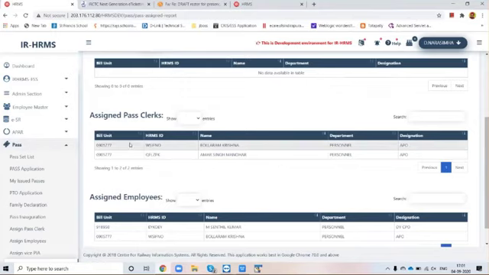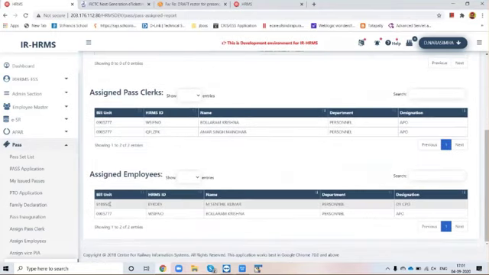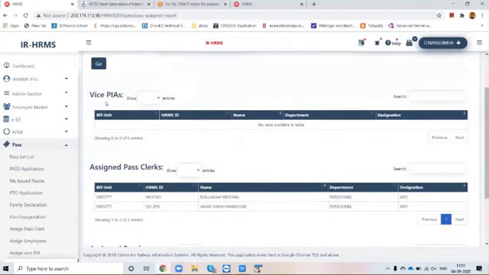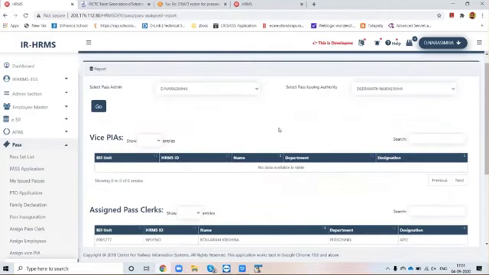Two pass clerks have been assigned and two employees have been assigned. We just assigned these two employees recently, and there is no vice PIA for this PIA, Dhiraved Narasimha. So this way the information can be checked. Now we log out from here.